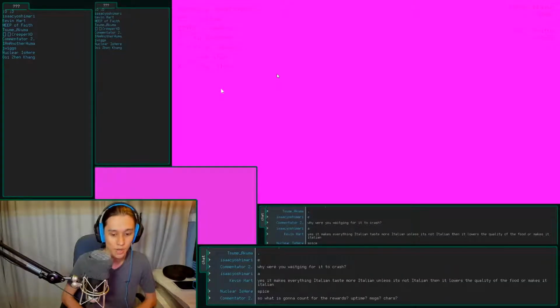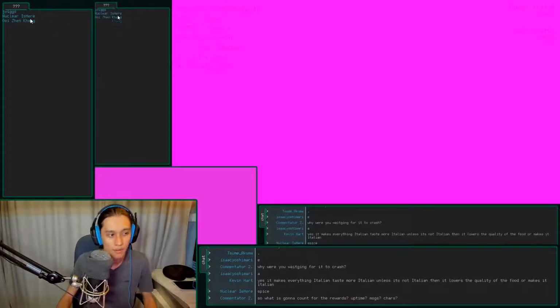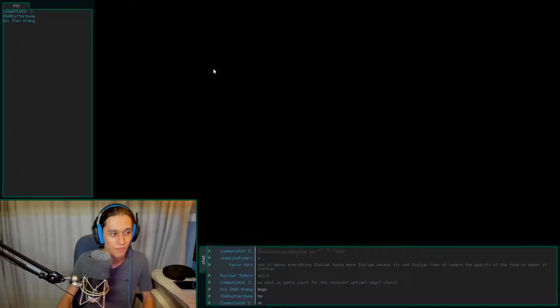So what's going to count for rewards? Uptime, messages, characters, most likely just... Okay. It's not really supposed to be deleting them one by one. It's supposed to get rid of a bunch. Okay, SMP sent something, and it should get rid of him after 5 seconds. It's only deleting one person at a time, which is funny. It needs to delete multiple, like if the time limit is over for multiple people.